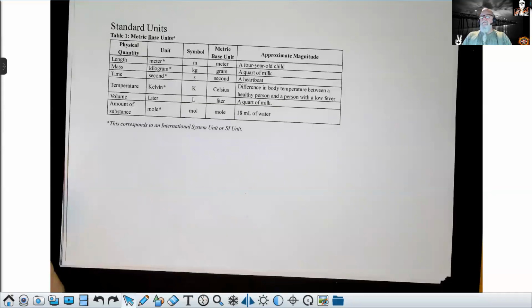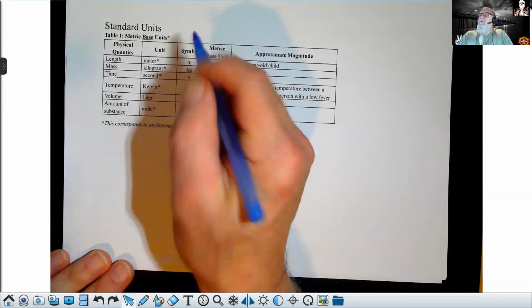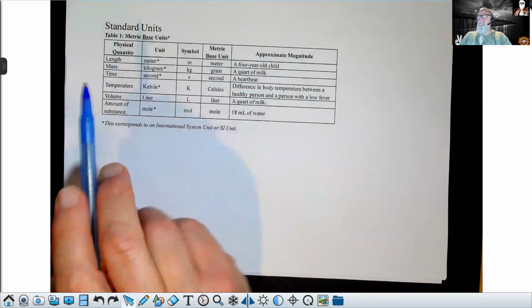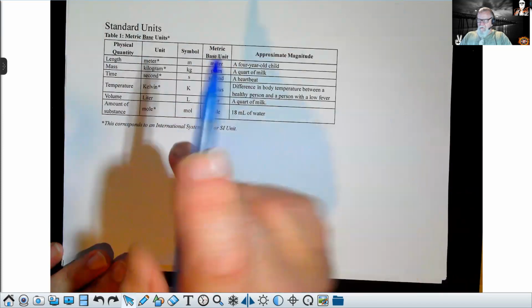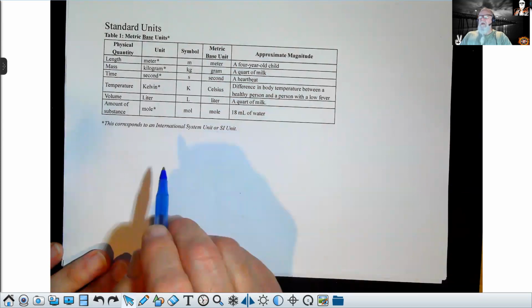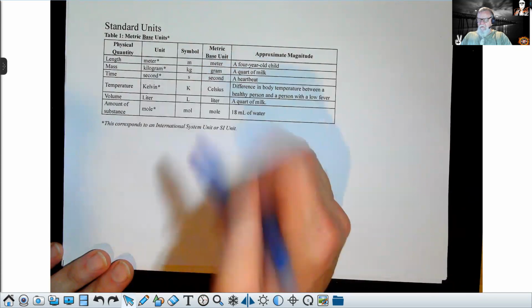All right. So here we have our standard units. We're talking about the metric system. That's going to be the main system that we use in chemistry. And we also use the SI units. And so here are our SI units, which are basically the same as our metric units with